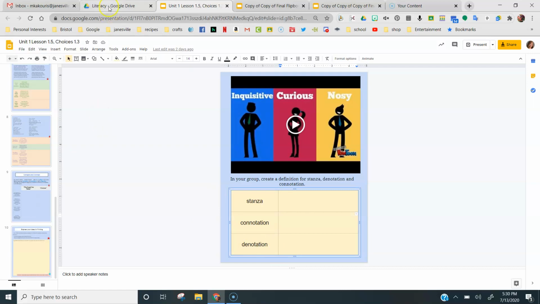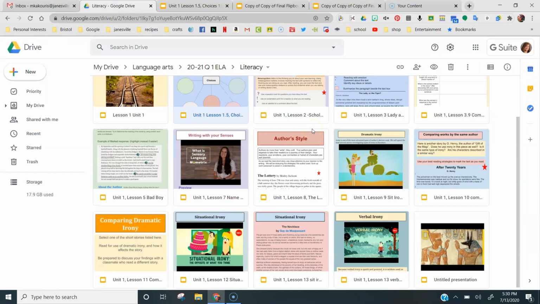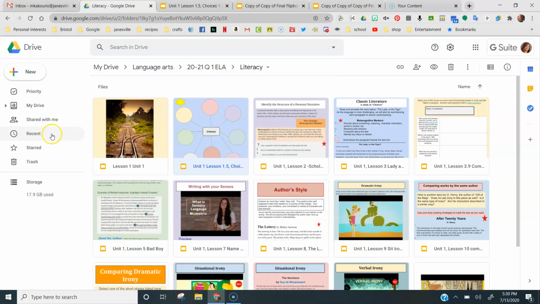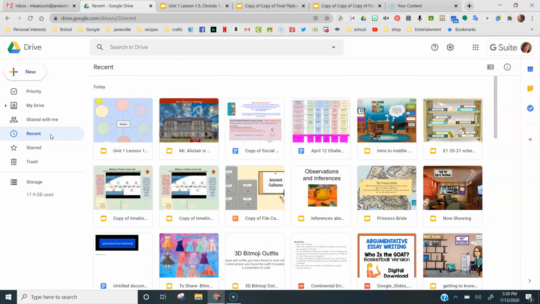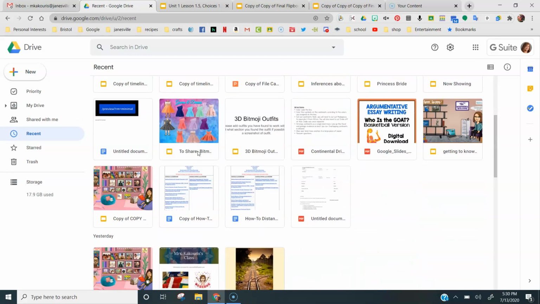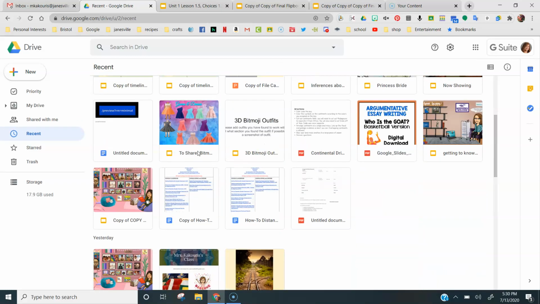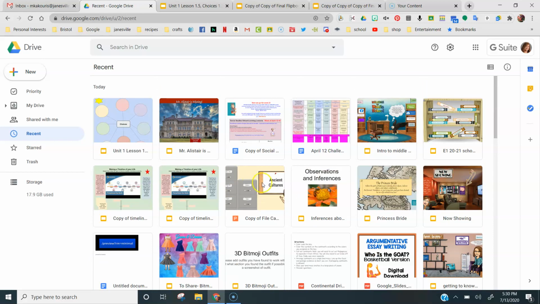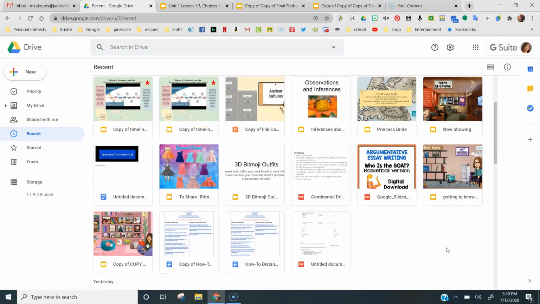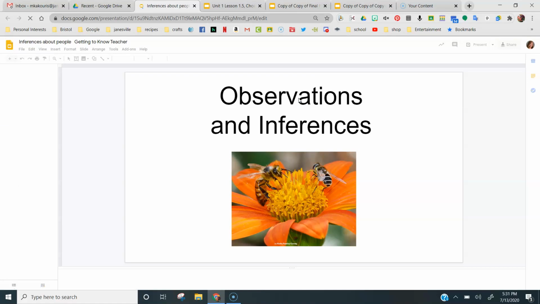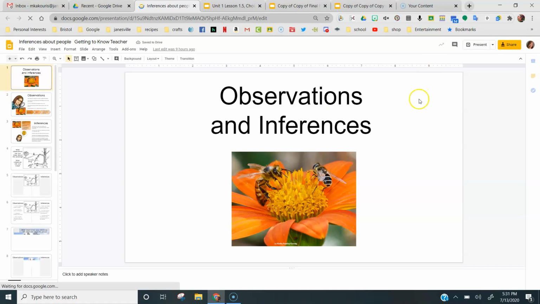Another trick that I learned, now that I have you as a captive audience, sorry, looking for my folder, if I create, so I made a getting to know you, I borrowed it and modified it. A getting to know you inference lesson. And what I learned, so for this part, they are going to need to type in here, but